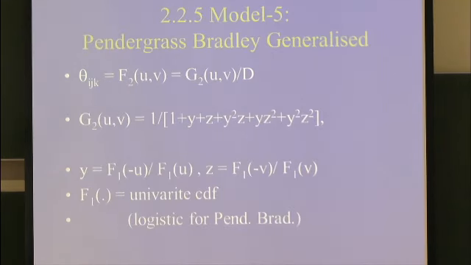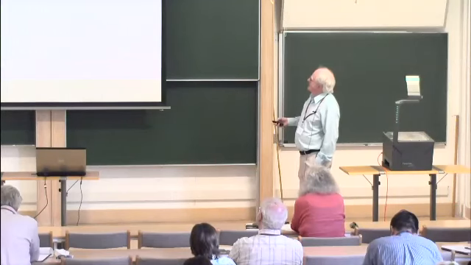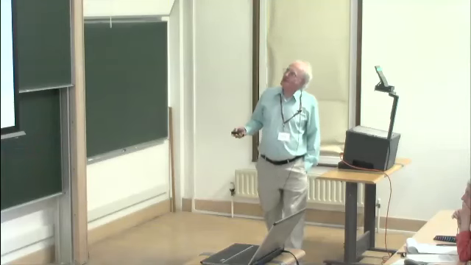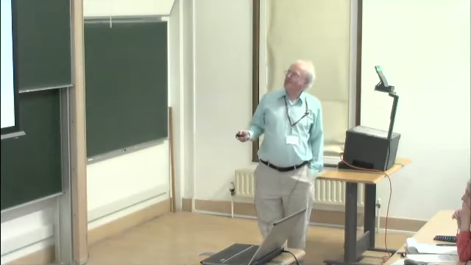Well, pursuing that same idea, the Plackett-Bradley model could be generalized to this form, where G2(U,V) is this expression here. Y is the ratio F1(-U) over F1(U), and Z the corresponding ratio for V. F1 is a univariate CDF, and the logistic gives you the Plackett-Bradley model. Likewise, the Plackett-Luce could be generalized in a similar way,